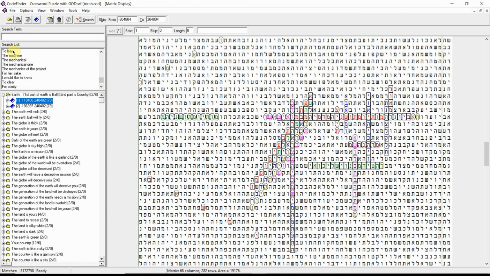But this is basically me, to learn mechanical. For her sake, I'm always doing everything for my wife. Everything's for my wife. And in fact, when you get through here, it talks about my obedience to my wife and all that kind of stuff going down through. But I am not going to show you my whole entire life in this crossword puzzle, but a lot of it's there.